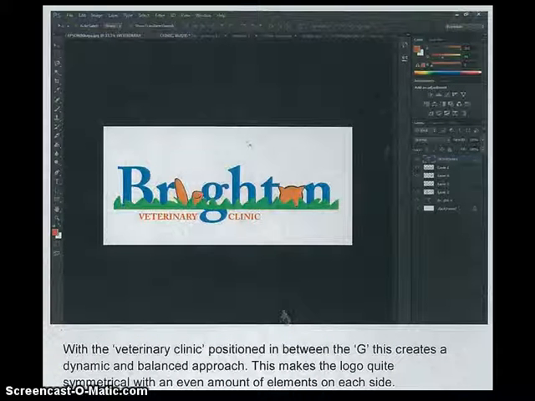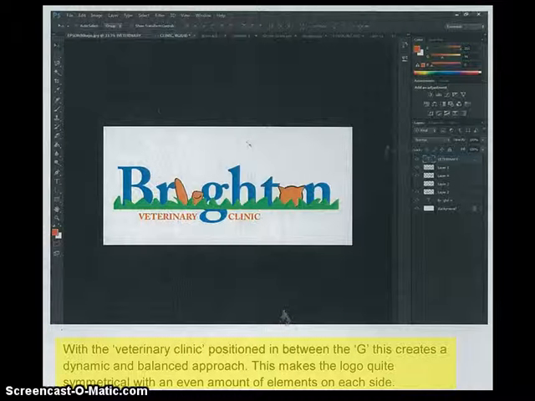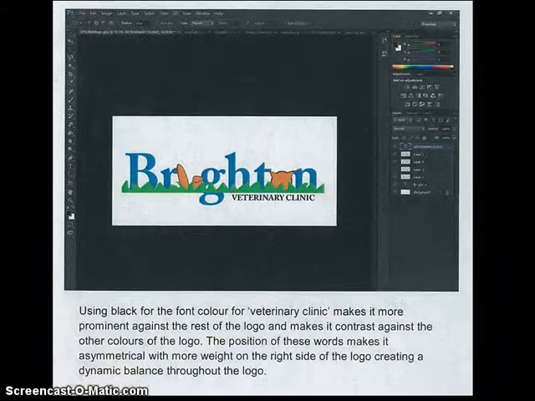And moving on to another option. In this one, Sarah identifies the design principle of balance and how the smaller text, veterinary clinic there in orange, has been positioned on the left to help create that effect of balance. And finally,